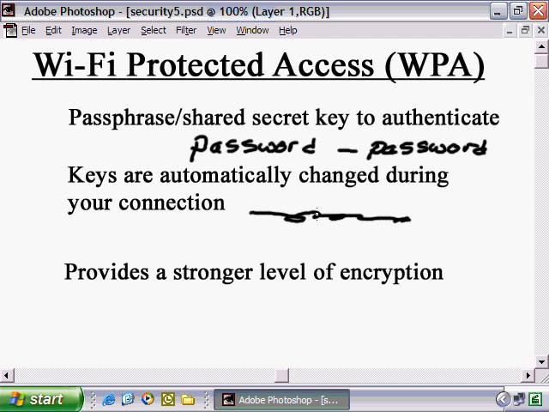And by doing this, those keys are much less susceptible to being discovered because they're always being changed on the fly. But the passphrase that's used to establish the initial connection, that's never going to change unless you manually change it on your access point and on your wireless network adapter. Another benefit of WPA over WEP is that it provides much stronger encryption than WEP does as well. So it really helps to address the vulnerabilities in WEP quite a bit,